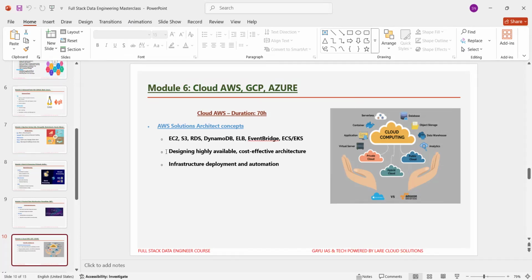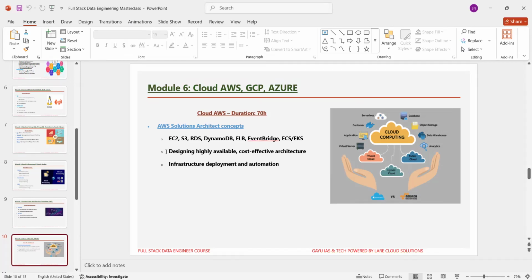Here in the AWS solution architect concepts, you'll be learning about core AWS services and an overview, designing highly available and fault-tolerant systems, cost optimization strategies, and security best practices and IAM roles. While practicing, you will be designing cloud architecture diagrams for data ingestion pipelines, scalable web apps, and disaster recovery for startups. Here, the use case was architecting resilient and cost-efficient health data platforms.